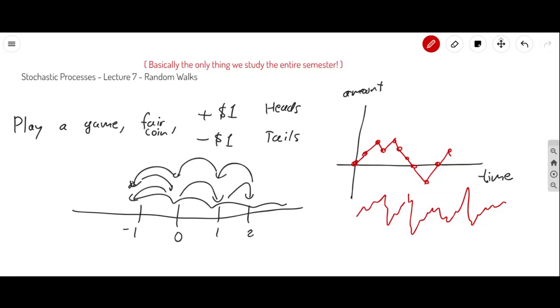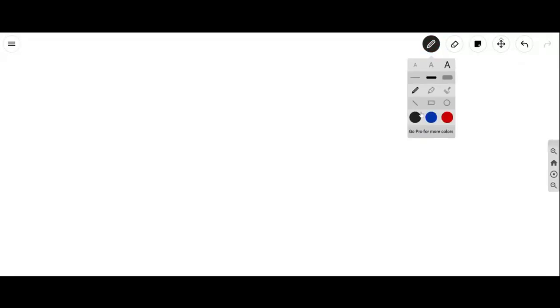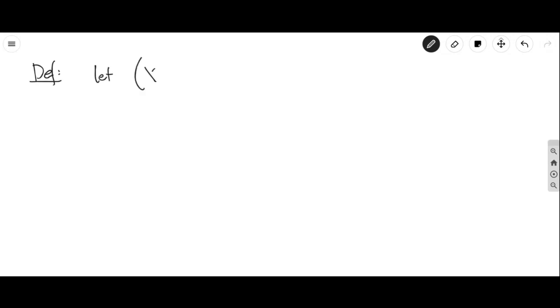I'm also going to show you some simulations of how to do it. But first, let's just define a random walk rigorously. So here's the rigorous definition of a random walk. Let X_n be a sequence of independent random variables